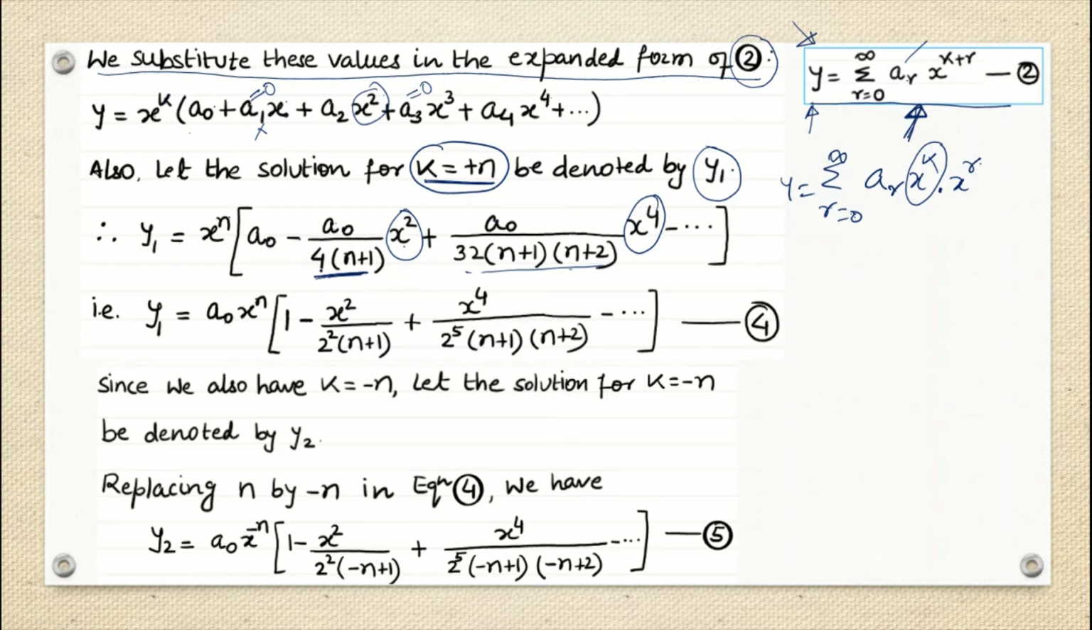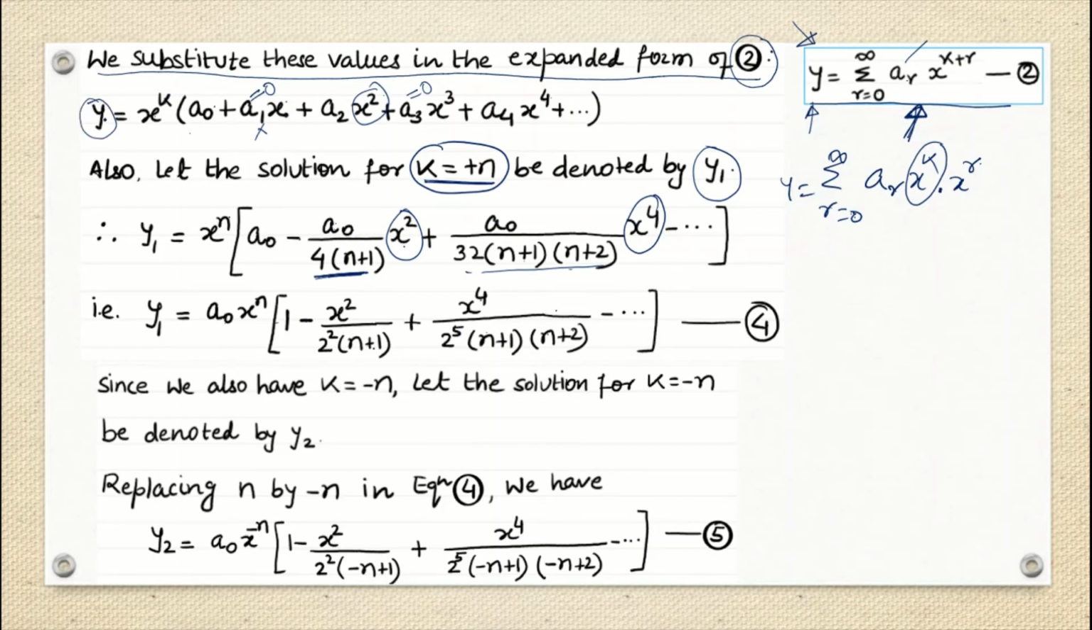This is 2 square n plus 1 plus, this is a0 taken outside, this is x to the power 4 divided by 32, which is nothing but 2 to the power 5. So 2 to the power 5, then n plus 1, n plus 2, and then so on, right? So it will actually be alternate positive negative terms. Fine. So this is something which we have given the name y1, but my complete y will actually contain